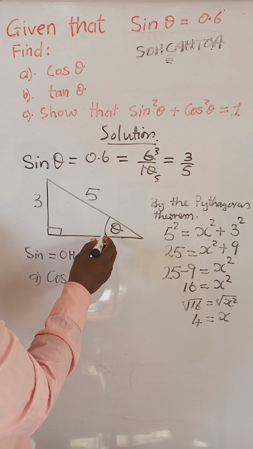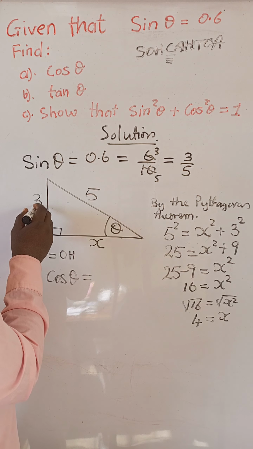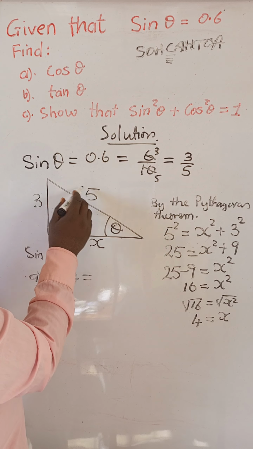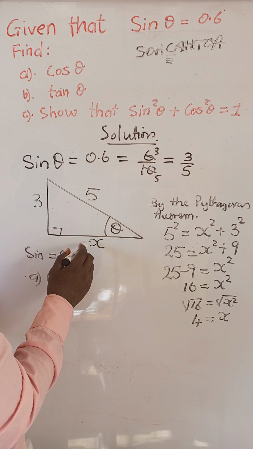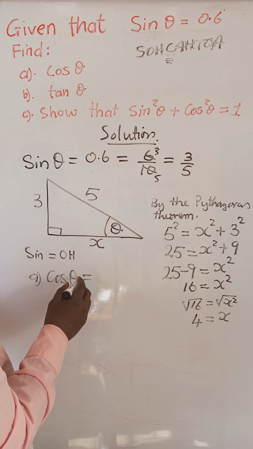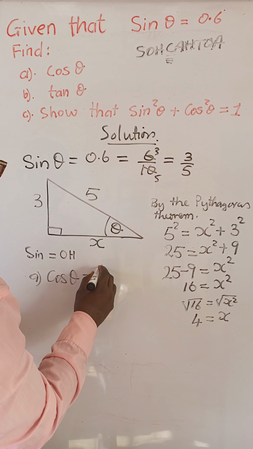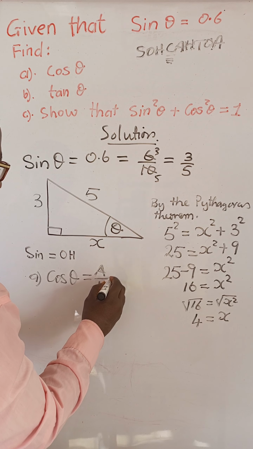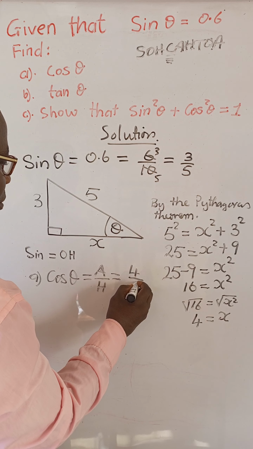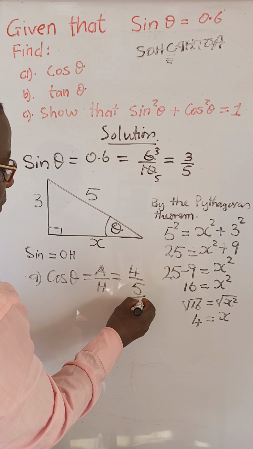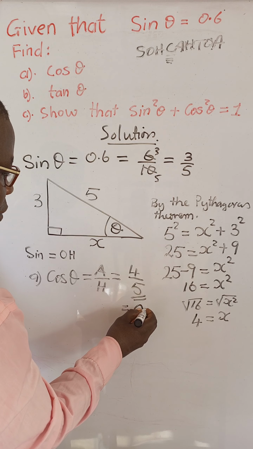So if this is the angle theta, then this is the opposite, and automatically this one is the adjacent, because this one remains the hypotenuse. It never changes. So this is the opposite, this is the adjacent. Cosine is adjacent all over hypotenuse. And our adjacent here is x, which is 4, and our hypotenuse is 5. Okay? If you want to convert to decimals, that will give you 0.8